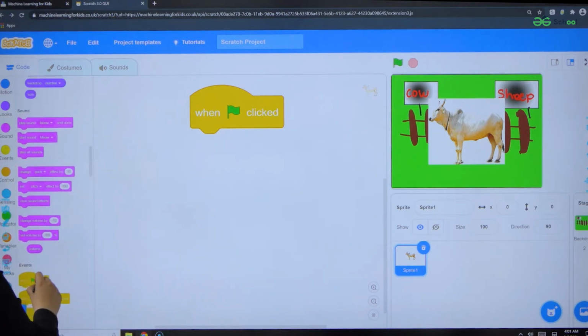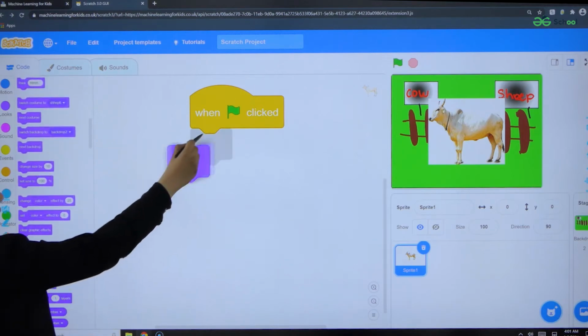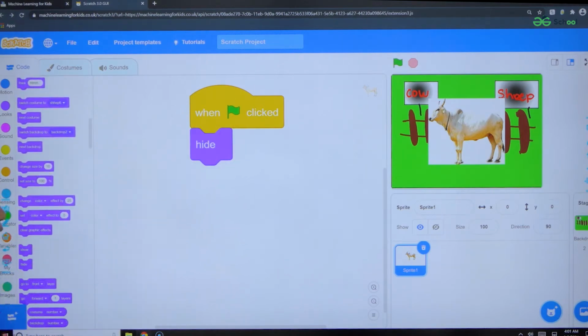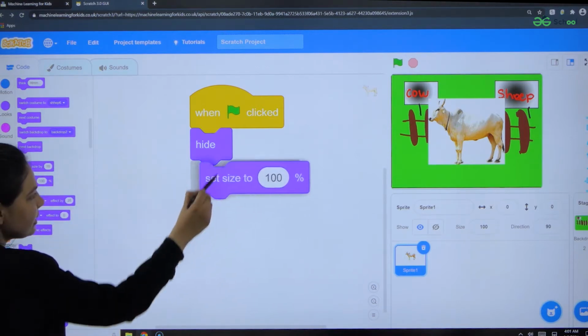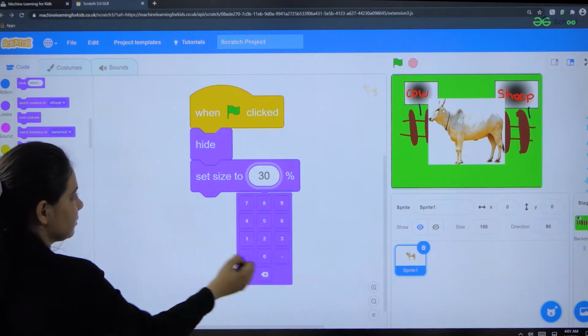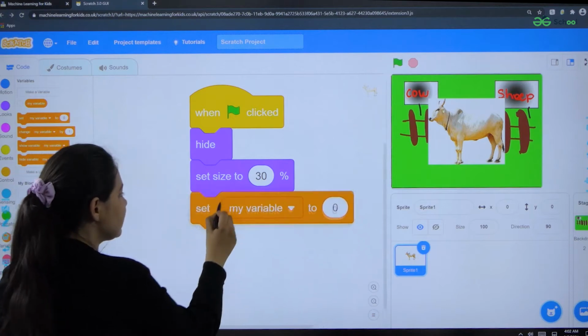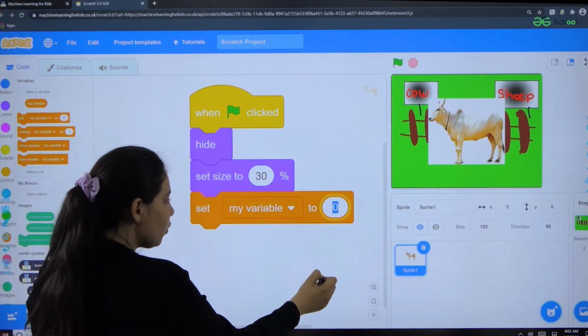So I'll select the hide option from the toolbox, and then I have to set the size to at least, let's say, 30%, and select the block of set my variable to 1.